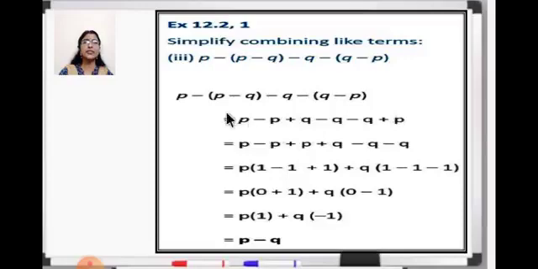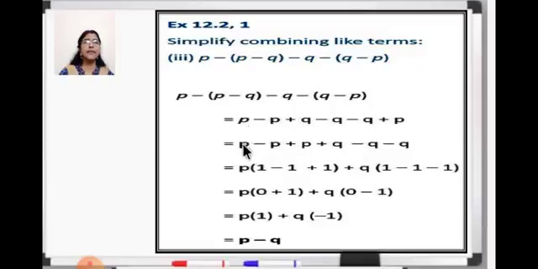This is the question. We will write P minus P, and here minus sign will become plus Q. Then this as it is, minus Q. Then this minus Q, and here inside there is minus. As minus is there outside the bracket, this minus will become positive, plus P. So you can see sign has changed when we have removed the bracket. The sign inside the bracket has changed: here it is minus, it has become plus. Here also it is minus, it has become plus. And now we are going to arrange the like terms.